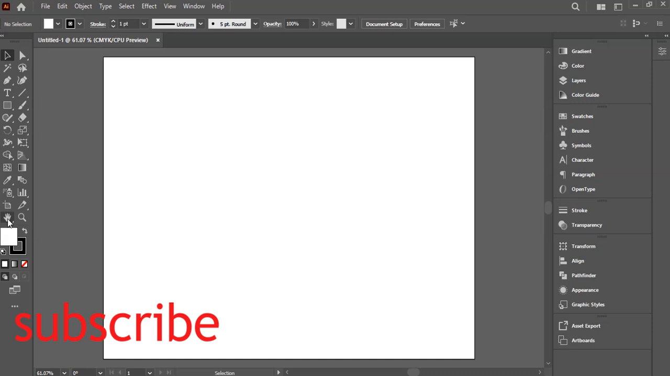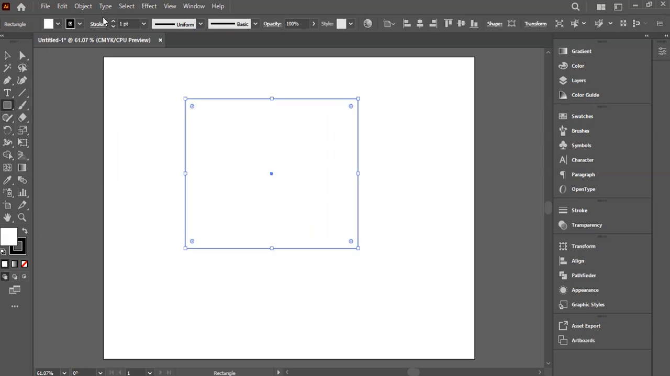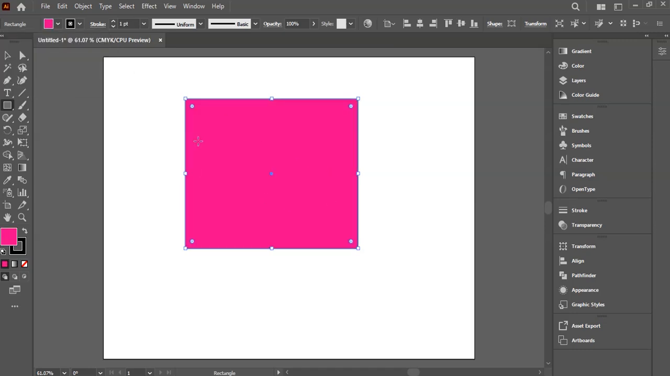Today we are continuing to learn the toolbar, mastering the toolbar. So let us start by having something on the workspace like this. Give it color. So we are continuing by mastering